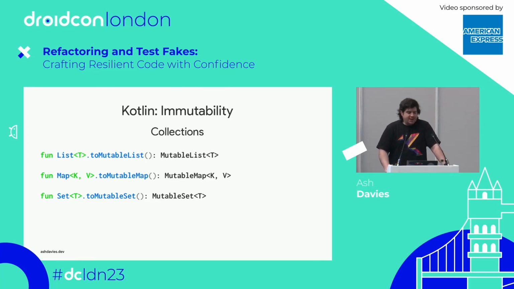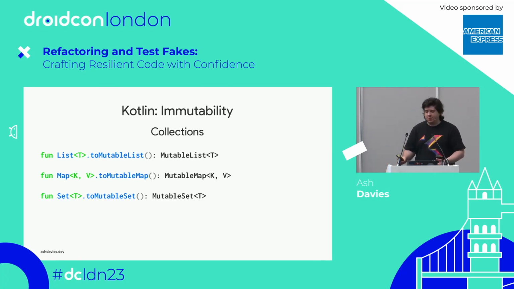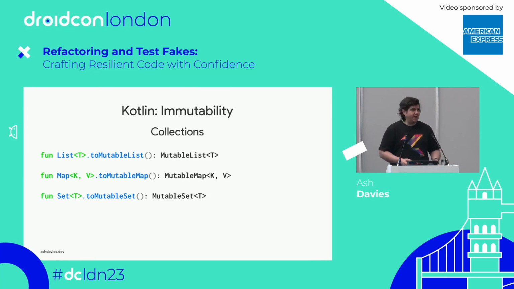So for example, Kotlin takes collections and makes sure that you actually have to explicitly mark them as mutable. So it makes a separation between a normal immutable list and a mutable list. But what's important to remember here as well is that these might often be backed by a Java implementation, which is mutable. So you could, of course, just cast it to a hash map or something like that and then